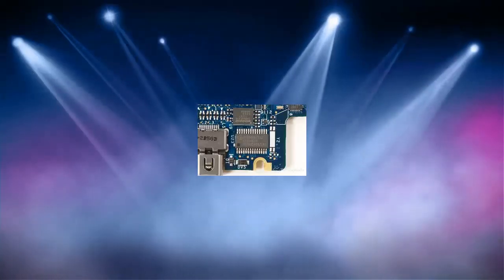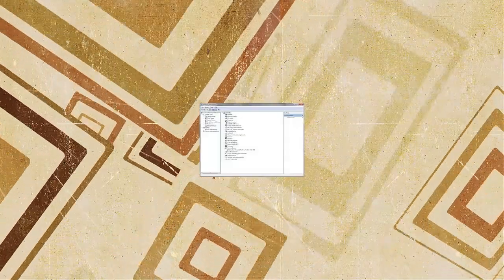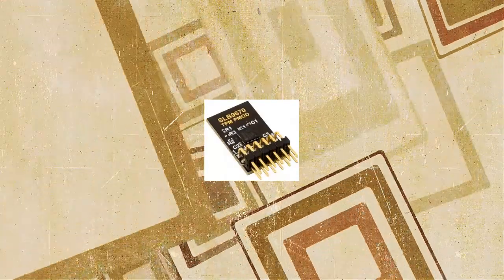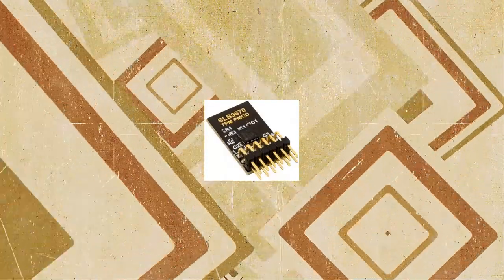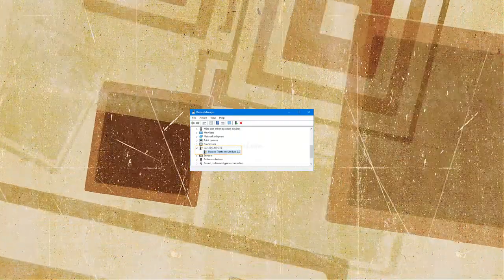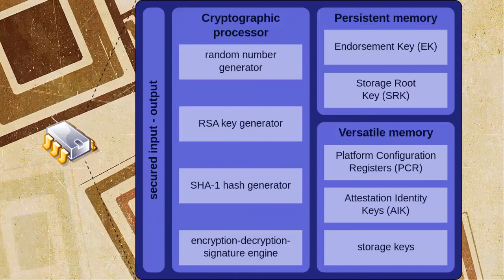If you want to protect your computer from hacks and unauthorized access, you need to know whether your motherboard has a built-in TPM chip. If you want to know where it is located, go to My Computer, right click, Manage. In Manage, you can see Device Manager.